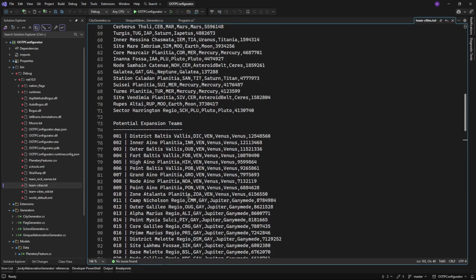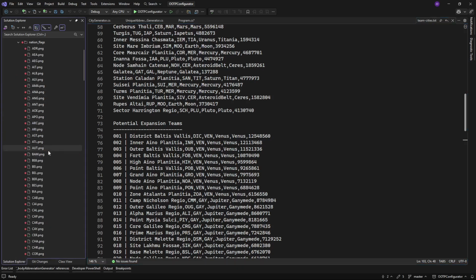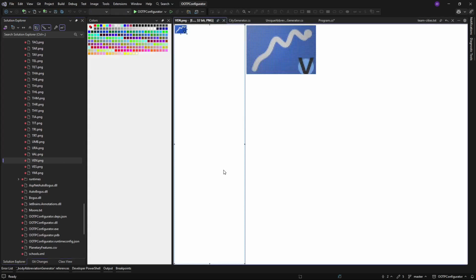The two biggest things I wanted to know also after generating random data, and this is all with the seed 31: the two biggest countries that are going to have lots of people and lots of teams are Venus and Ganymede. And so let's go up to Ganymede.